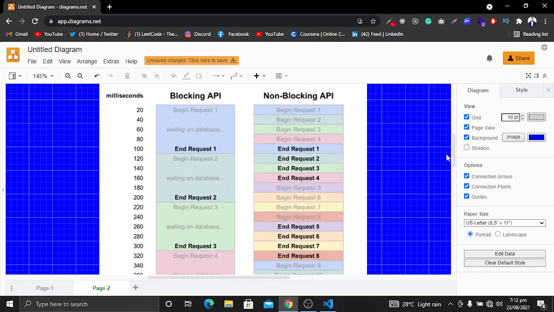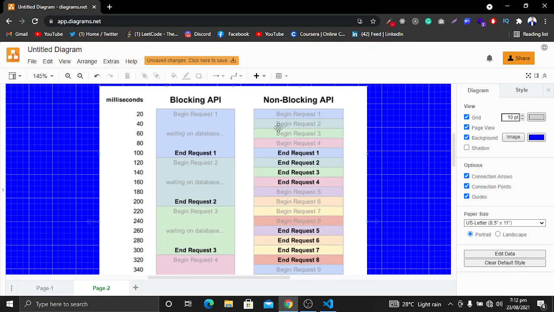Whereas on the right side with the asynchronous JavaScript, or we can say with the non-blocking API, what you can see is all of these four requests will start executing at the same time, and how long they take will depend on their timings. The asynchronous version doesn't depend on the timing.